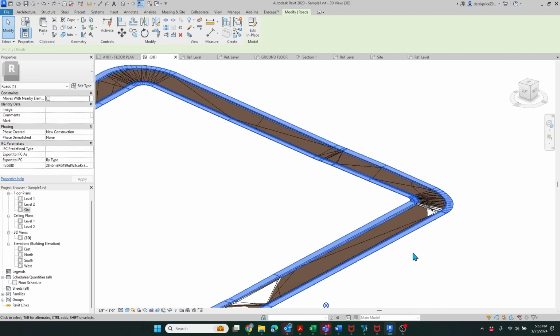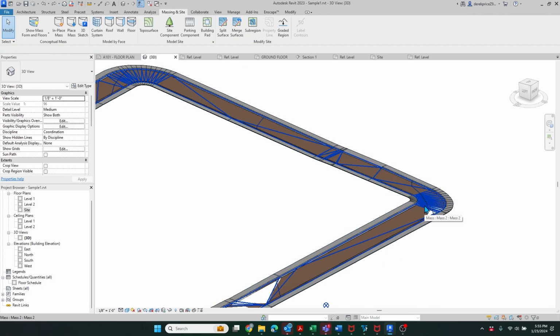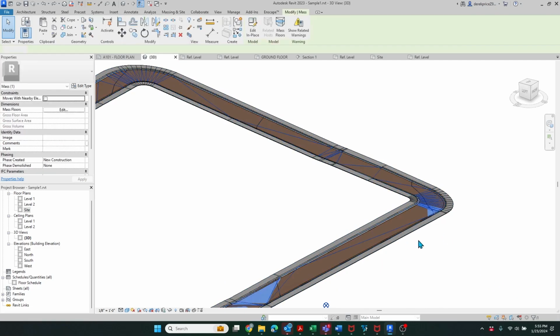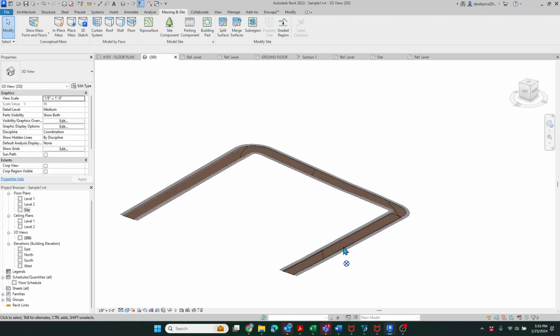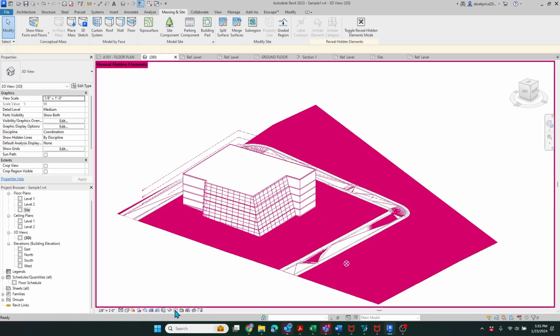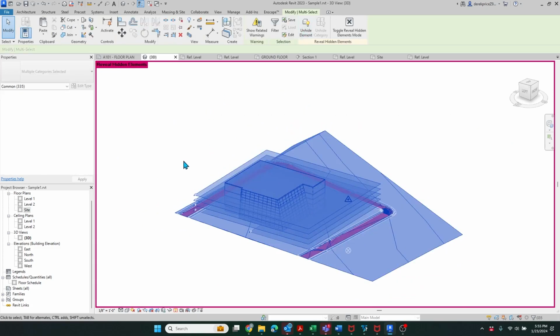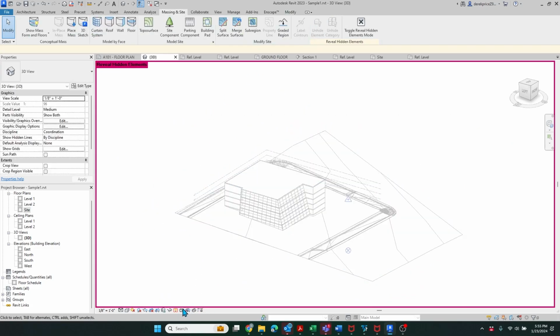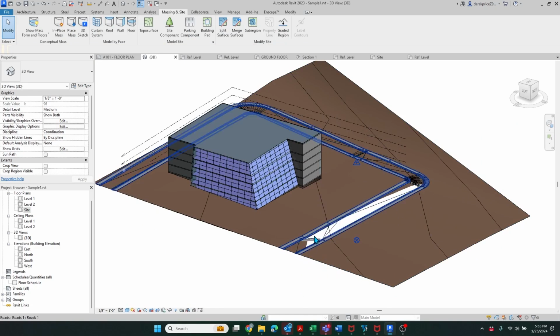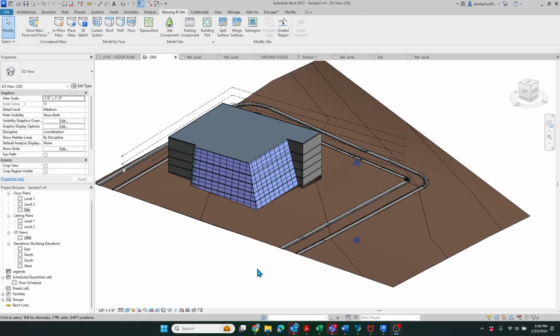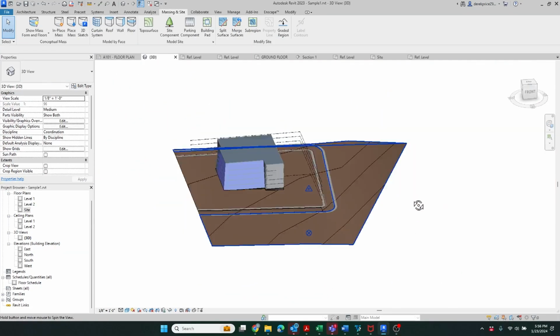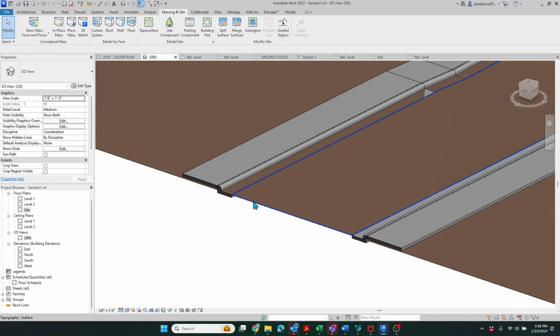So there's our road sidewalk that we recreated. Here's our mass, and we can simply hide that until we want to use it again. And let's turn on the rest of our site and see what it looks like. So I just hid everything. Oh, let's get rid of our mass again. There's our road, and the next step would be if you want to adjust your elevations, you can grab the